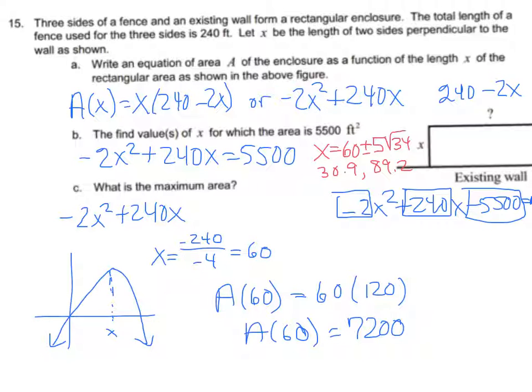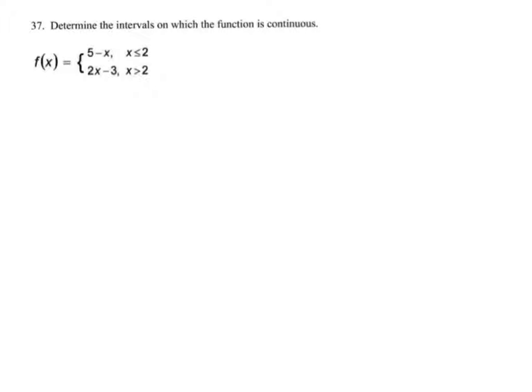Yep, 15. All right, last one I want to talk about is maybe cleared up by what we did in class, but again, a lot of people miss this one, and it also does tie into the notation. So that is, on what interval is the function continuous? So this function is discontinuous, and we can see that by looking at what happens when we take f of 2. The function is defined as 5 minus x when x is equal to 2, so f of 2